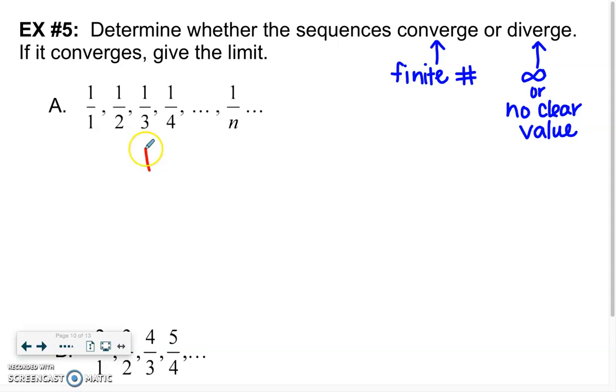Well, the pattern is 1 over something, right? So if I were to continue this pattern on forever, that number on the bottom would continue to increase by 1 each time. Let's just say we're really far down the road and we want to plug in some number just to get a feel for what's going on. So this would be 1 over some really big number. Maybe you could help yourself think through it by picking a really big number. I don't know, like 1,000. And use a calculator to type in what does 1 over 1,000 actually equal? Well, that would be